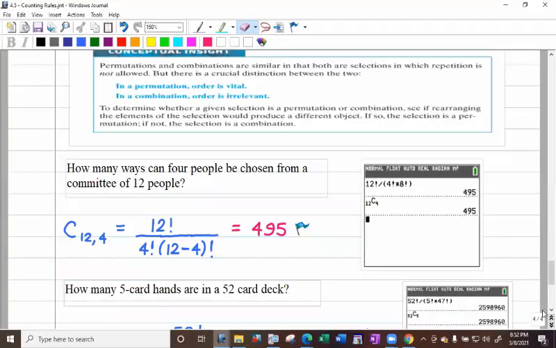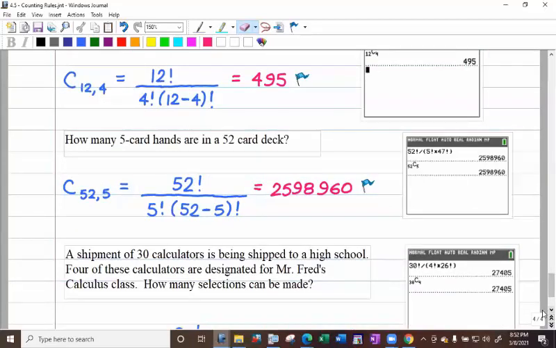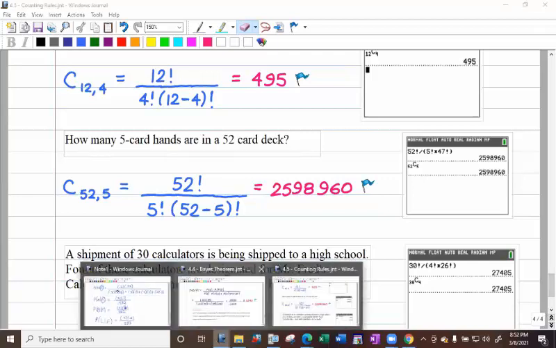How many 5-card hands are in a 52-card deck? That's a combination because the order does not matter, and you don't have to be a card wizard. But let me write down an example. I won't worry about writing suits or anything like that. But it's not the order that you visually are looking at them. Let's say,